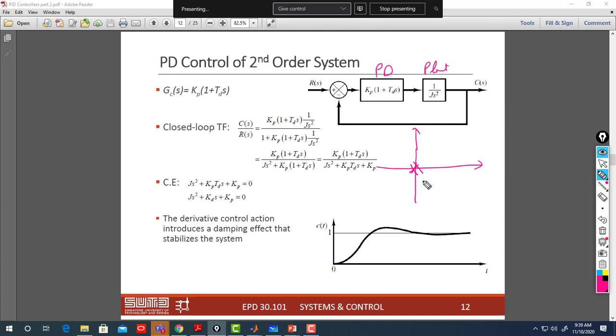So now where will the poles be after adding the proportional derivative controller? I need to find the closed loop transfer function. Forward over 1 plus loop, you get the closed loop transfer function. Where are the poles for the closed loop transfer function? So I need to find the characteristic equation roots. The characteristic equation is the denominator equal to 0, which is this one. So I need to find Kd. If I have values for Kd and Kp, I can find the